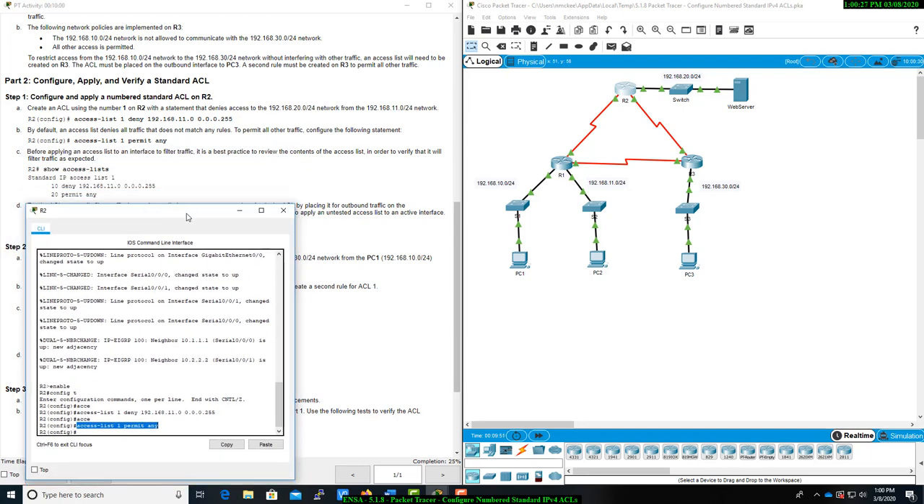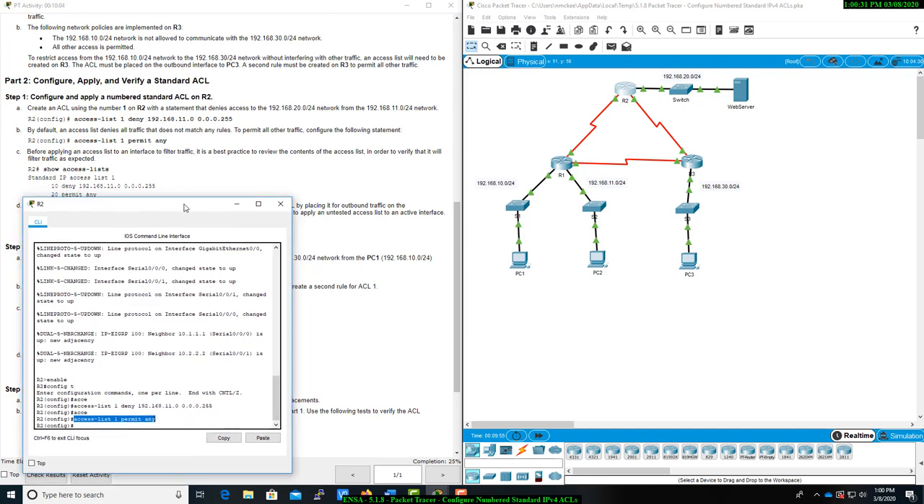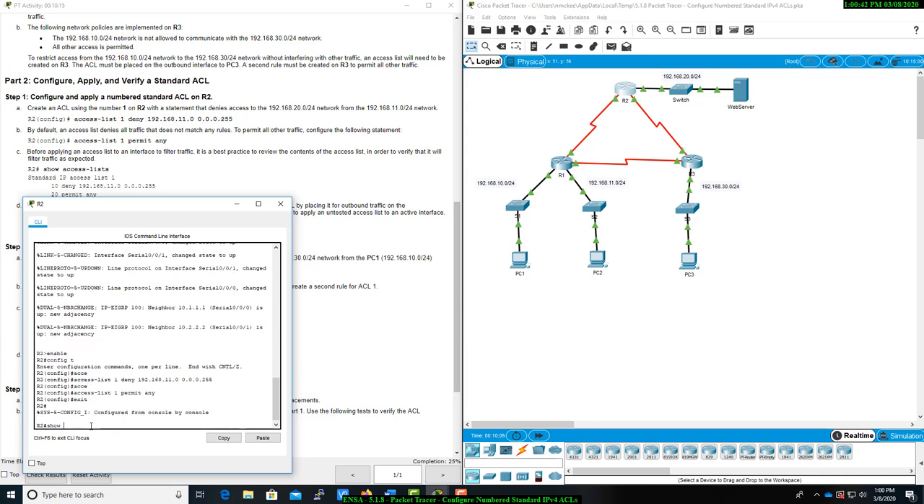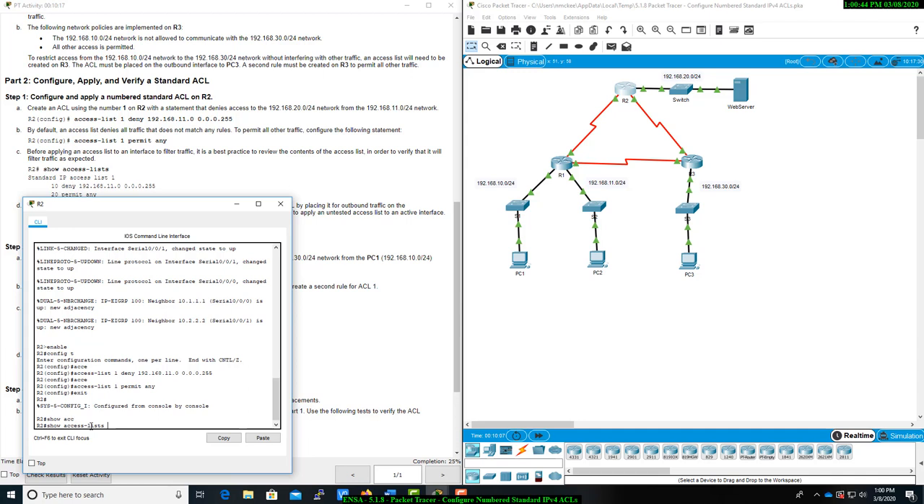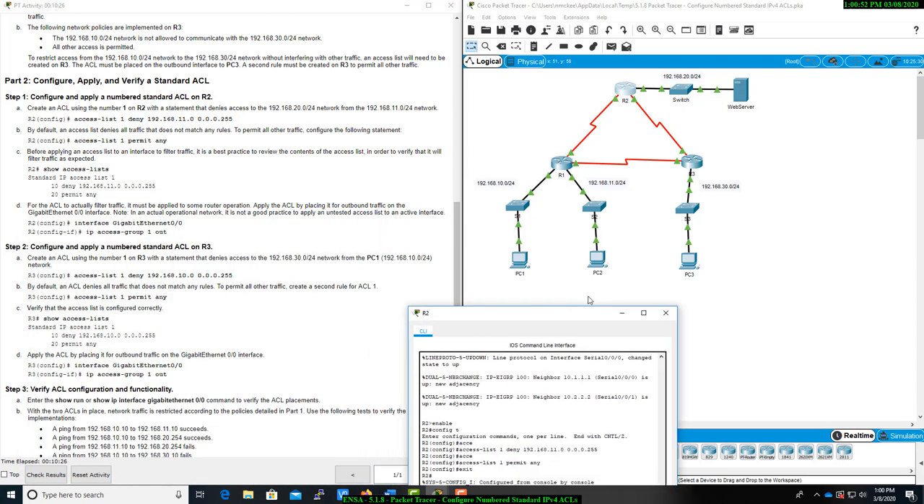Before applying the access list to an interface to filter traffic, it is best practice to review the contents of the access list in order to verify that it will filter traffic as expected. So let's exit out of this. Let's do a show access lists. All right, so first entry is that, second entry is this. And just to verify,